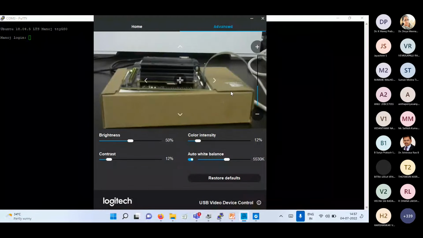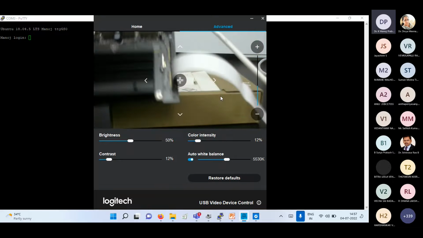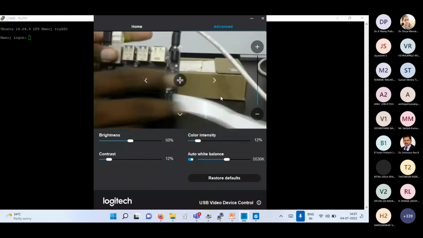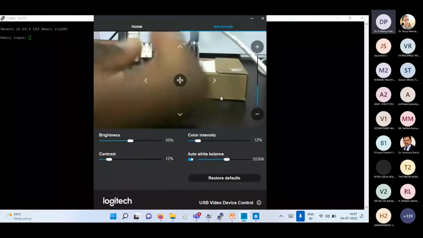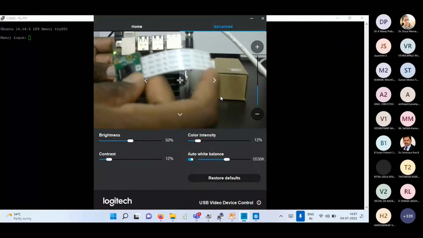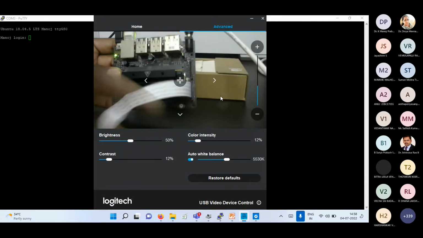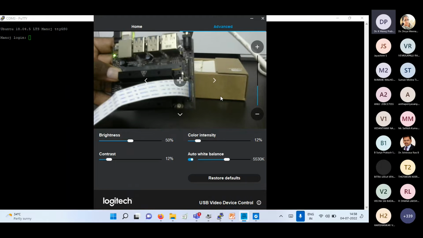So this is my Jetson Nano. Is it visible, ma'am? Yes, sir. My camera is connected. The camera is just a module whose signal interfaces through this port.